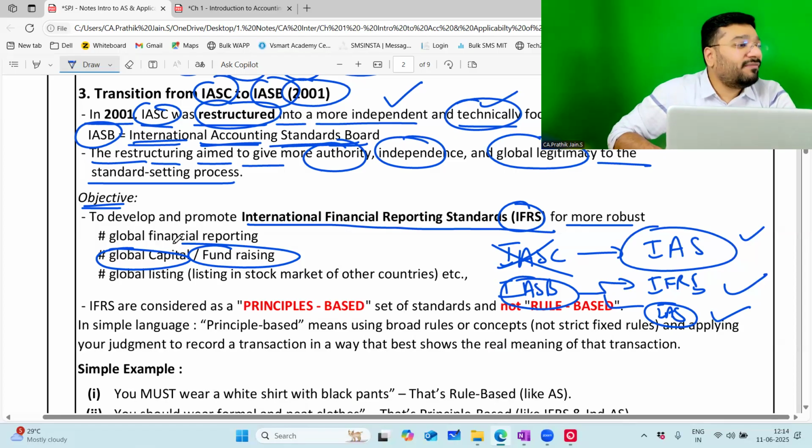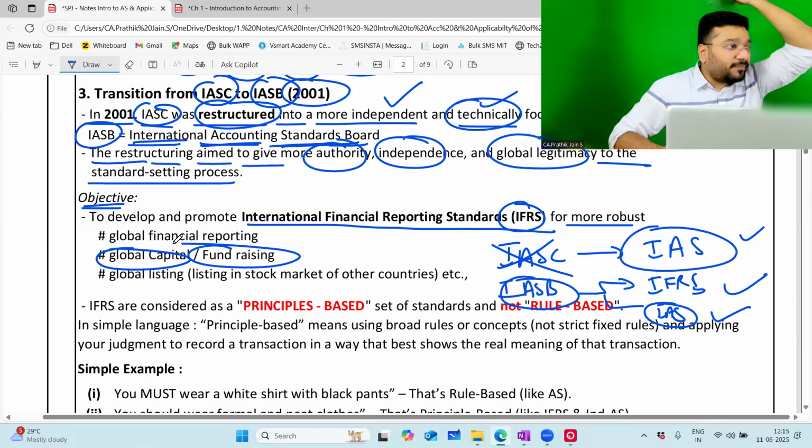Above and beyond venture capitalists, they come with more money. Sometimes financial institutions do not have sufficient funds to provide. Reasons could be multiple. Therefore, beyond that point, I could not raise the money from my country. At the domestic level, I had a restriction. So now I wanted to raise money from international investors. So far, we were playing with local investors, domestic investors. Now we want to go international.